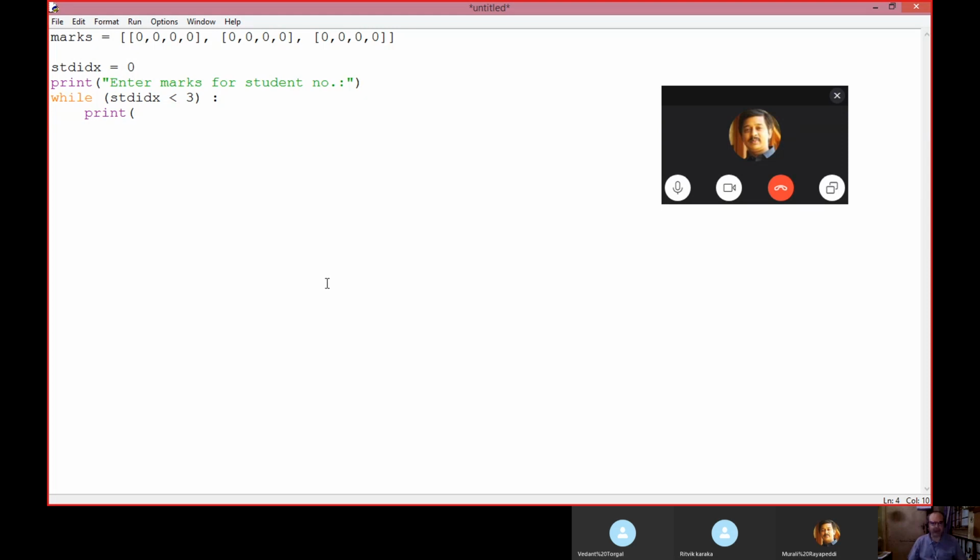Wait a minute, I'll remove this here. Plus 1, because to the user we have to show it as first student, second student, third student. The user will get confused if it says student number 0.